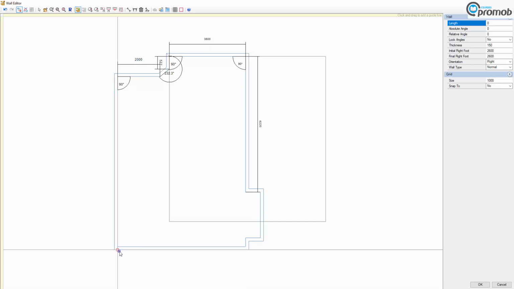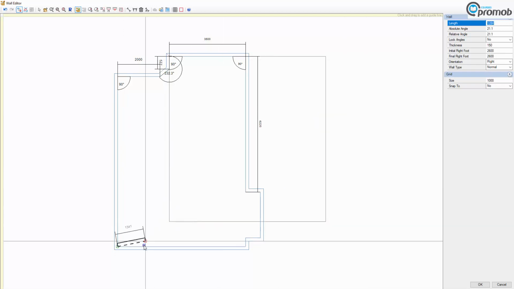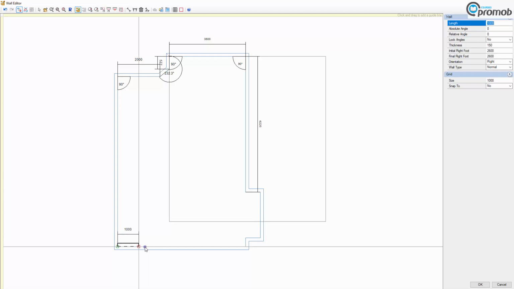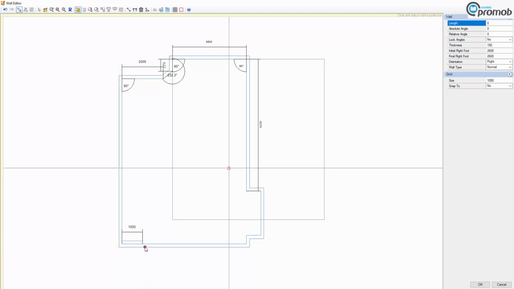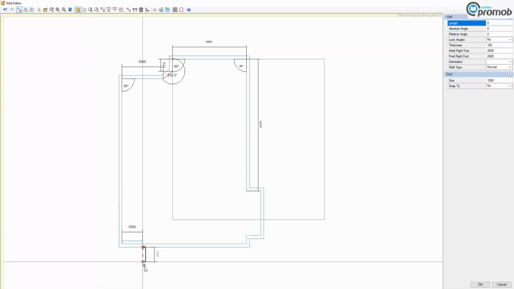But there is a couple of things that you can do here. I can click over here and pull along, and I'm going to make that 1 meter. I'm just going to click here, this, and this I'm actually going to delete afterwards. I'm just doing it to make it a little bit easier for myself. I'm going to do 1 meter like that, and then I'm going to draw a wall from that line down, and this would be the hallway. So let's make that 1.5